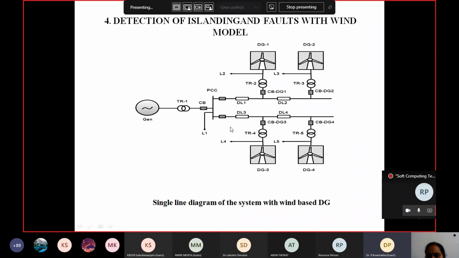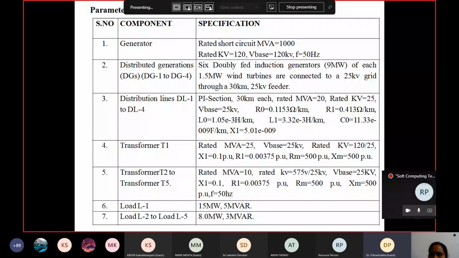This is the single line diagram, and these are the specifications of the system. This is the 1000 MVA rated short circuit. Here, about the distributed generators: each distributed generator consists of 6 doubly fed induction generators. This wind farm is nothing but 6 doubly fed induction generators, each of 1.5 megawatts. 1.5 times 6 put together is 9 megawatts. The wind turbines are connected to a 25 kV grid through a 30 kilometer 25 kV feeder. Distribution lines are also 30 kilometers each, and the ratings R0, R1, L0, L1 are all given,